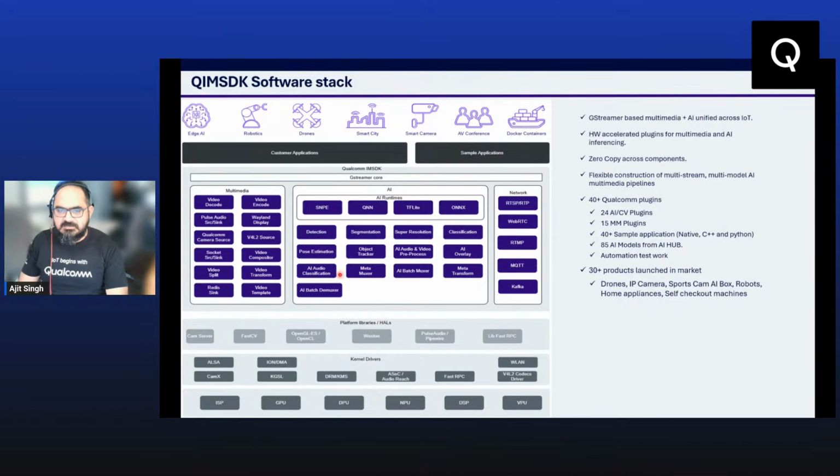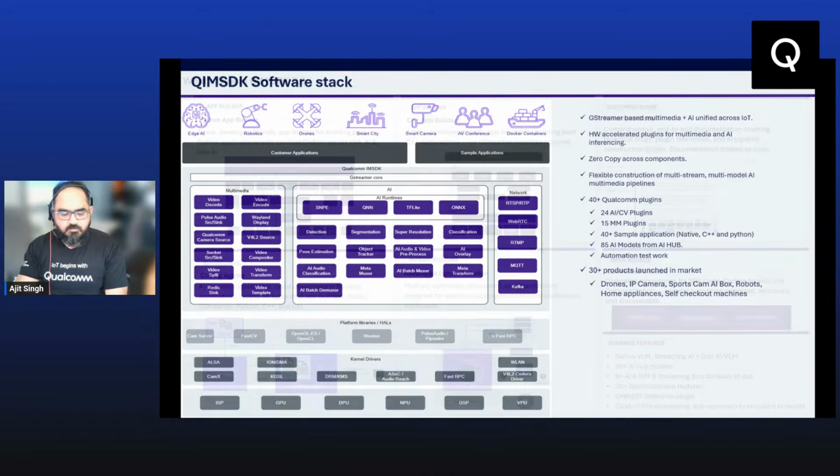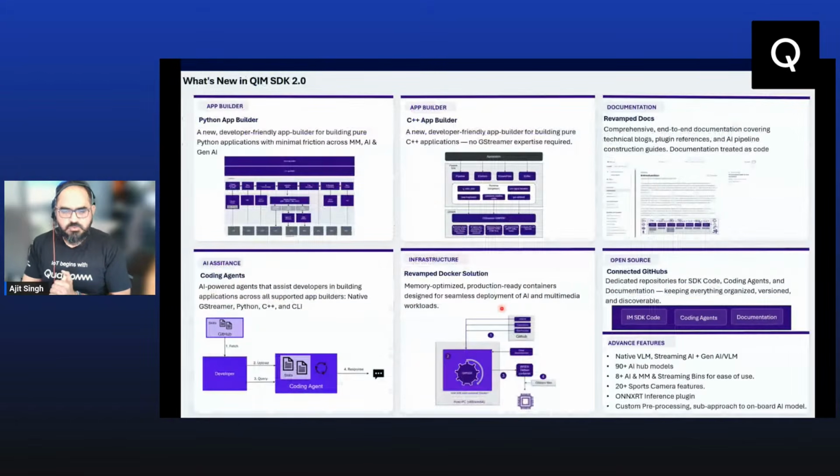All that is covered as plugins. Last but not least, the network streaming stack, spread across a wide variety of streaming protocols: RTSP, WebRTC, RTMP, and MQTT, that you can pick and choose based on what application you want to run. And with that note, I want to walk you through what we are doing with the